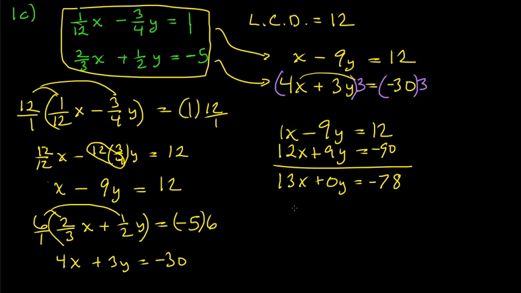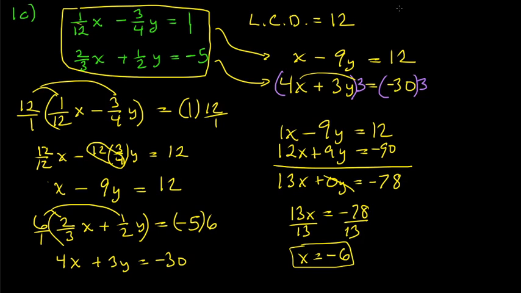So having eliminated the y, now 0y is 0, we just divide both sides by the 13. Okay, so negative 78 divided by 13 is negative 6. Right, all right, that's x. And we're not done because remember, a solution is not just a single number. It's a pair of numbers, right? It's an x and a y. We have x, negative 6. Now we have to find y,